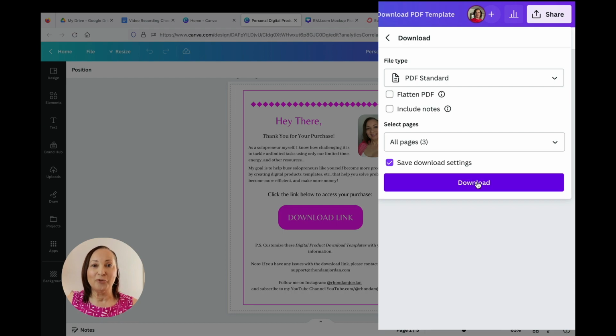And that will create a PDF for you. You might be thinking to yourself, well, Rhonda, that's all fine and dandy. However, my digital product is in the form of a podcast episode. It's a webinar, a masterclass. It's a YouTube video, whatever it may be that's not an actual document. No worries. You're still going to need a PDF created. And here's the reason why.